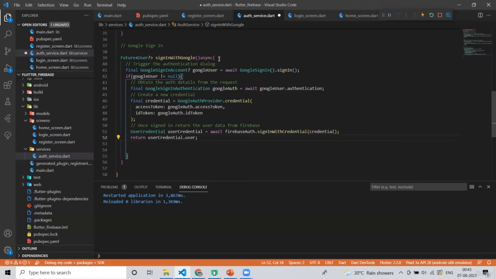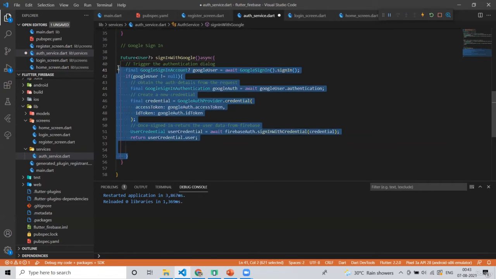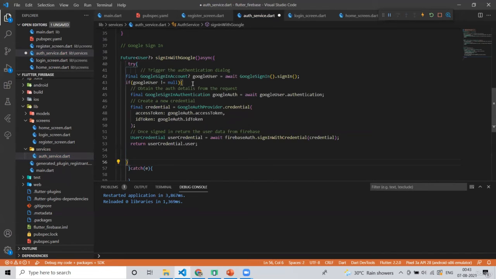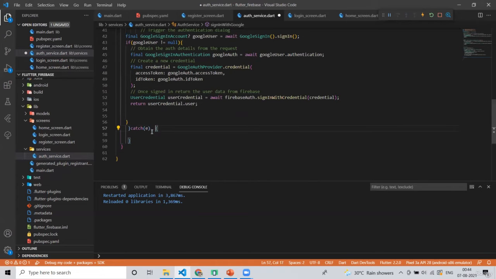Also, let's make sure everything is in a try catch block, because you never know if something goes wrong. And simply for the time being, print the error in the debug console.